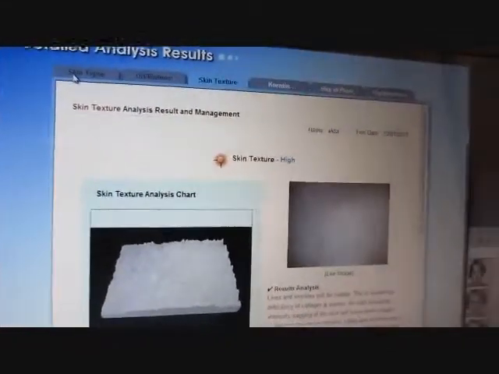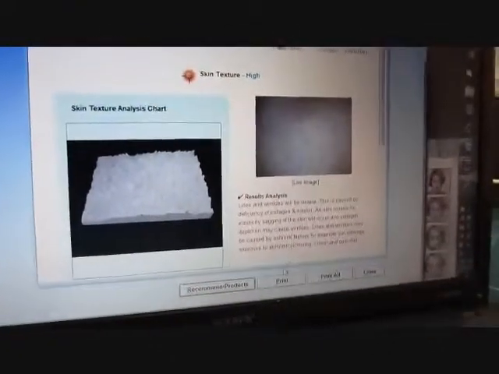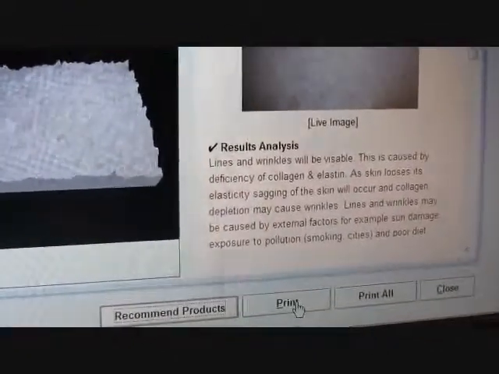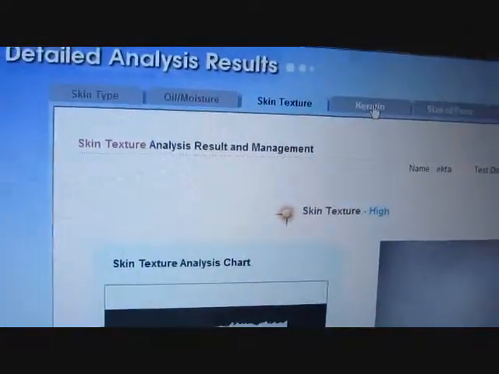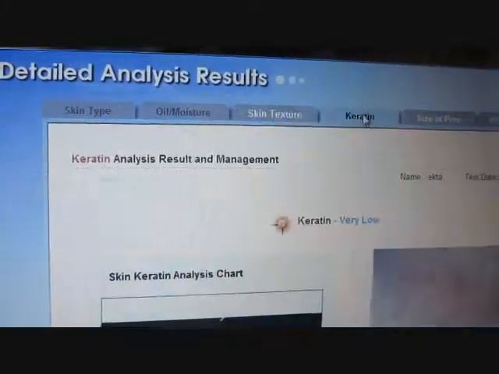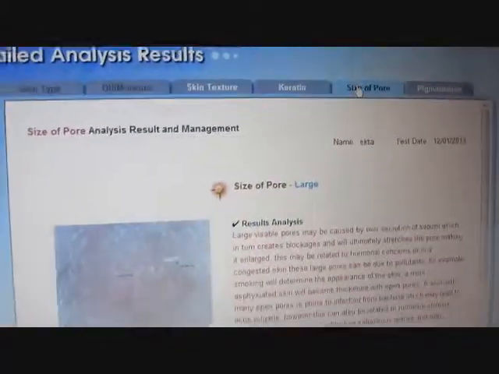There is a print option to print the reports. We can now see a detailed report of each of the parameters of skin.